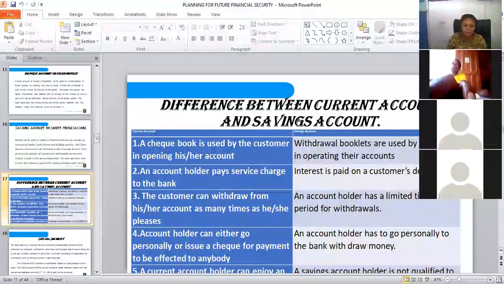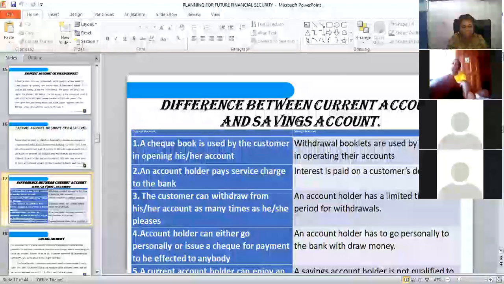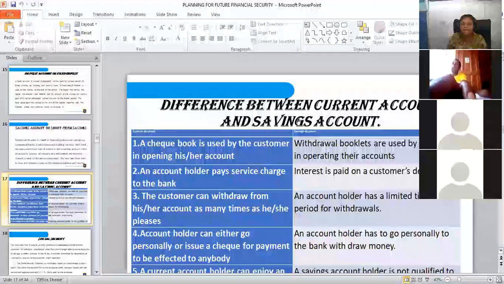And then two, with the current account, an account holder pays a service charge to the bank. But with the savings account, interest is paid on a customer's account. So with the current account, you, the account holder, are charged for the services that are rendered. But for the savings account, interest is rather added to your account. Then the third one,